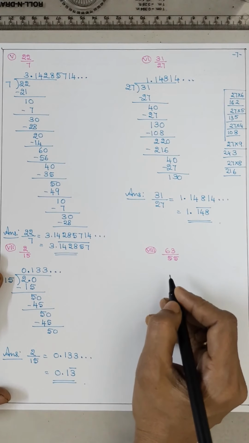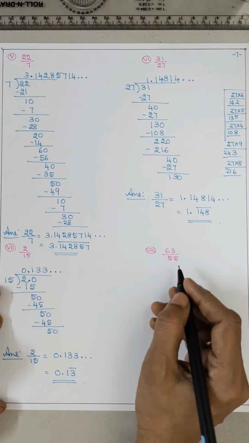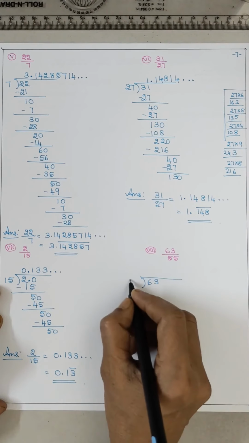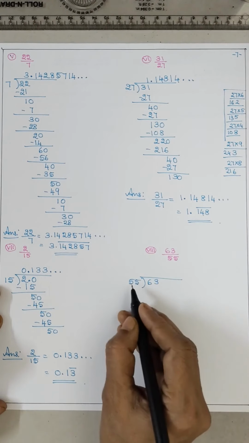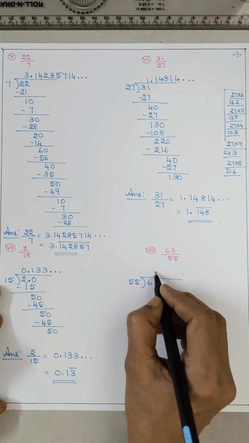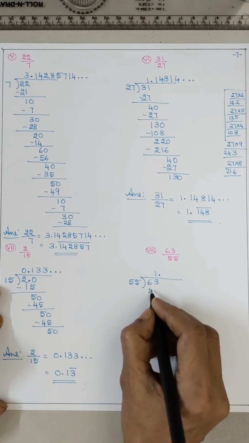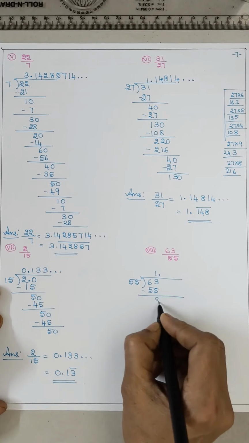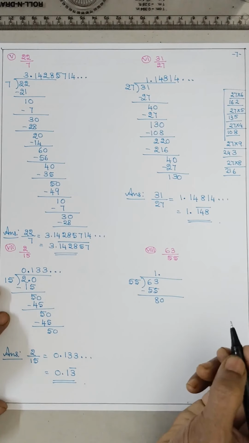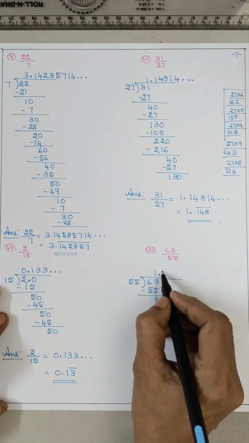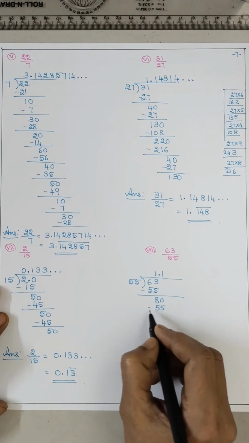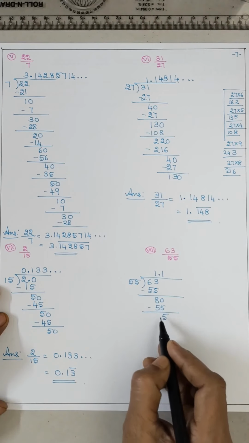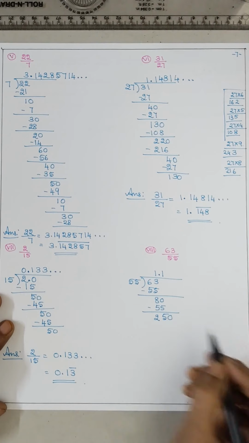Now coming to 63 upon 55. So it is 63 divided by 55. 55, how much za 63? 1 za. 55. Now 3 minus 5. 3, 4, 5. So 8 remains. Take an extra 0. 55. Again it will be 1 za. 55. 10 minus 5, 5. Now here it is a 7. Minus 5 is 2. Take an extra 0.